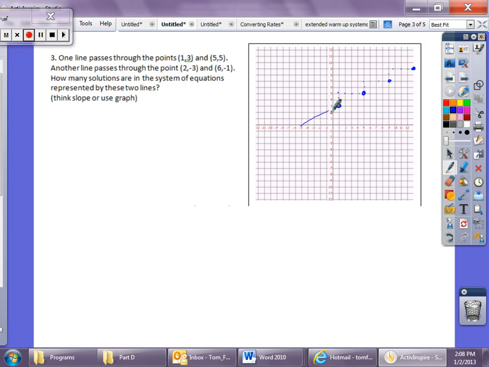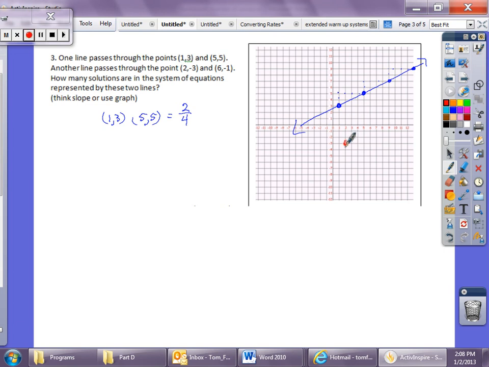So we know that these lines, 1, 3, and 5, 5, that I did in blue, have a slope of up 2, right 4. So up 2, right 4. That's their slope. And if we graph the second one in red,